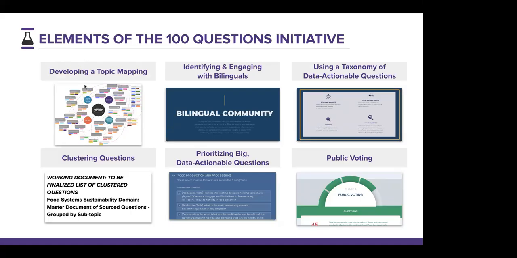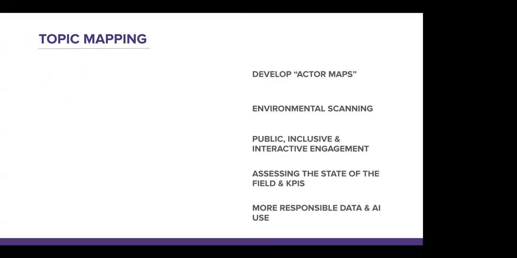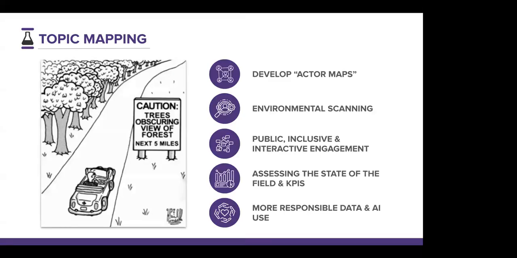Now, as I mentioned, the first step involves a topic mapping. By topic mapping, what I mean is building a gestalt of a problem. If we think about a problem that we understand, what are all the issues associated, so that if you would see it, you would say, yes, this is actually the domain. Topic mapping is quite often used to not get lost in the forest, so that you don't only see the trees and not the forest anymore, or vice versa. You spell out all the issues associated with a particular problem domain.